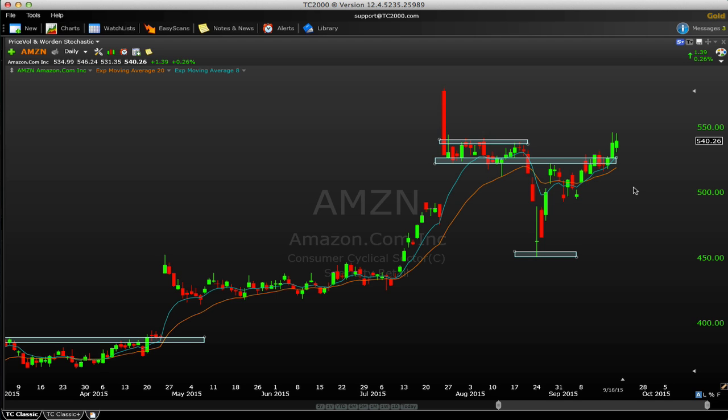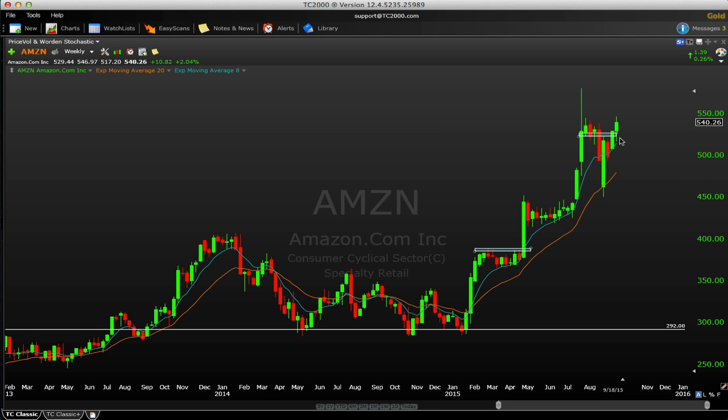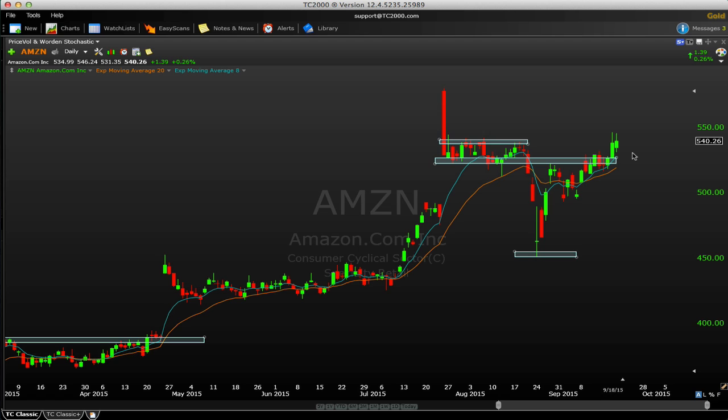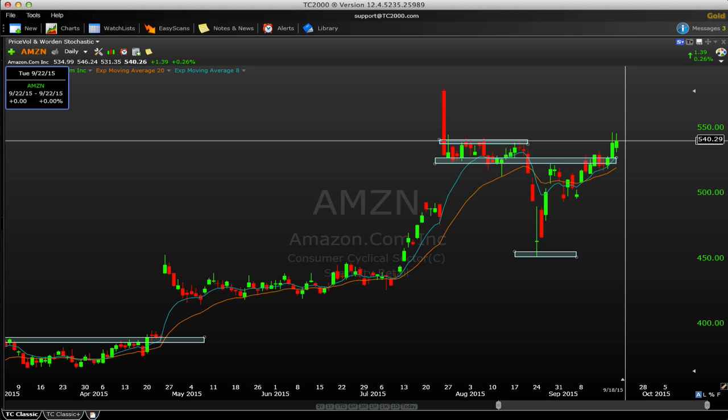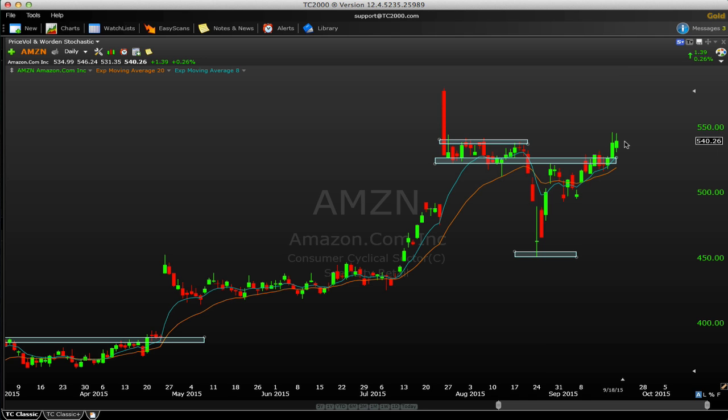Amazon, definitely one of the best looking names here, probably across markets, but mostly in this tech space. Closed strong. Even on Friday, it managed to hold up, closed up 2% this week, so it outperformed very nicely. Actually, this is a new closing high. This is an all-time closing high in Amazon on Friday, so that is very constructive.